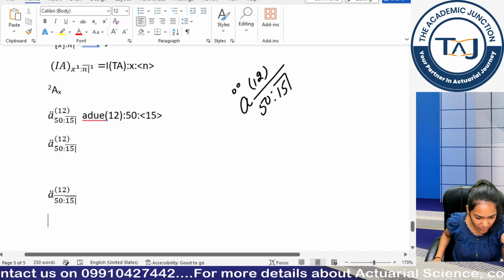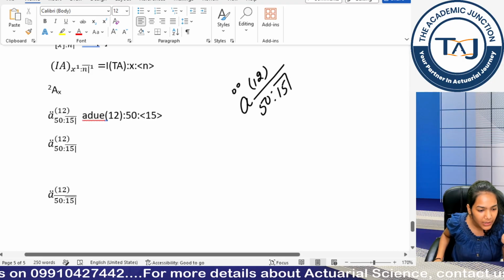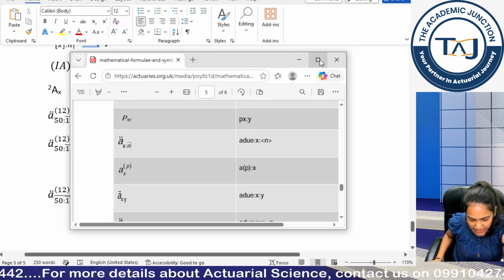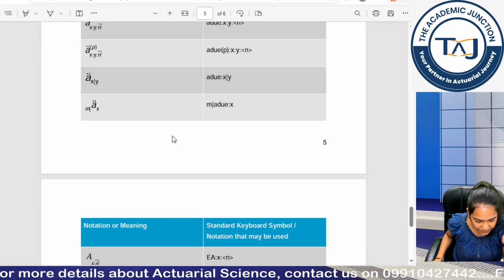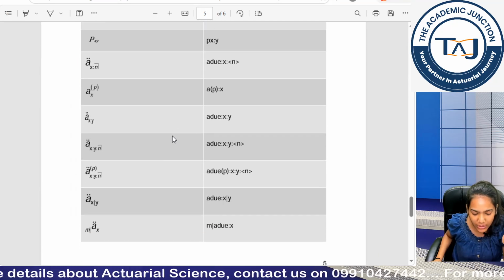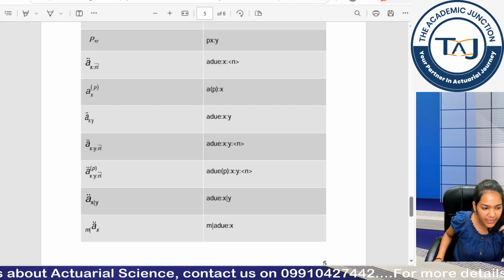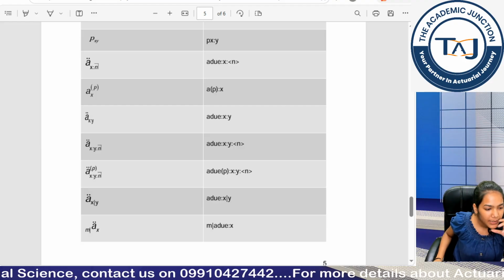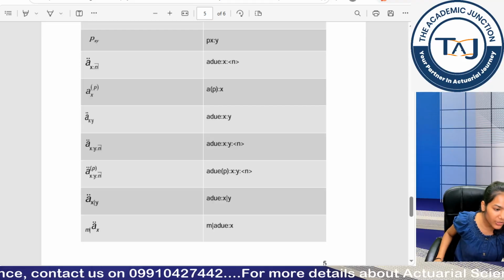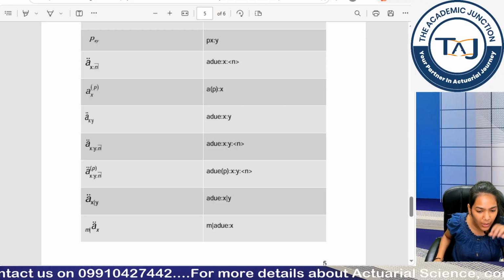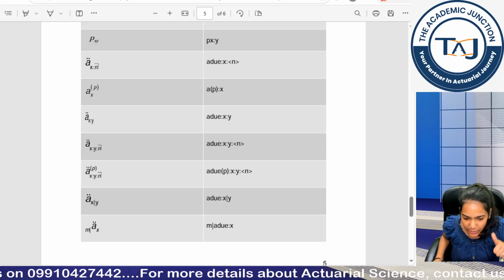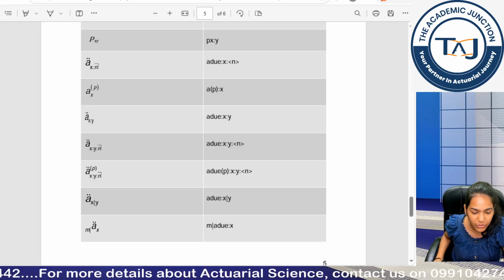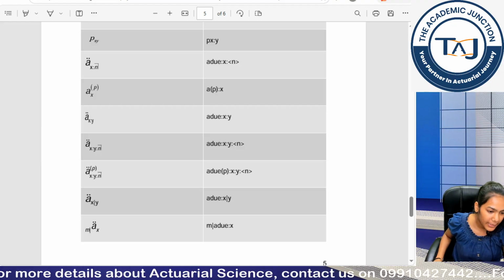Actually, let me show you the document. We have been provided with the mathematical symbols and notations document by IFOA, which can be used in II as well. So can you see? There is no standard actuarial notation by which we can write it in the normal approach. That's why I would recommend, if such a question comes, you use the equation editor approach. Yes, Krishna, I have been repeating in all my classes, you can either use a completely normal approach, or a completely equation editor approach, or a combination of both. That's also completely fine. Clear?